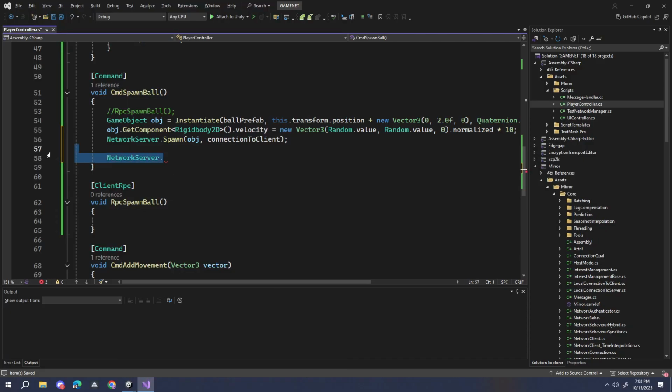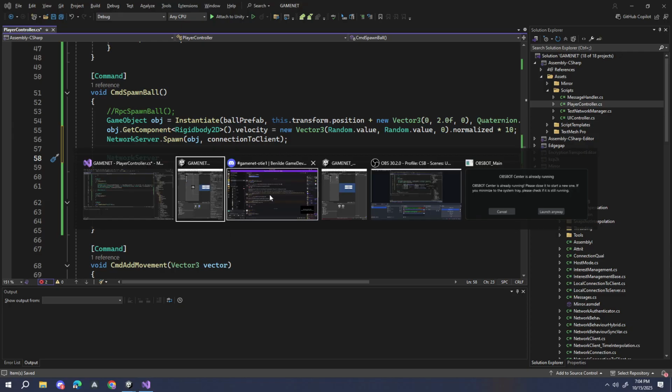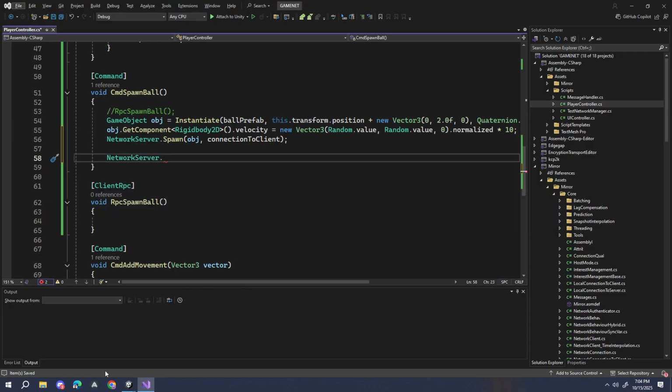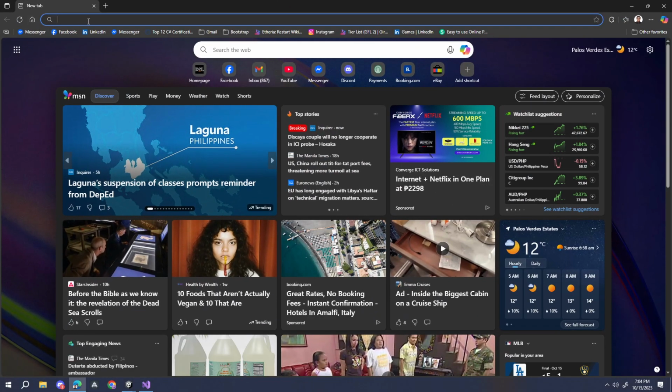But anyway, there is also a way in case you have an object that you create dynamically, and you want it to spawn for everyone. There's a way. All you have to do is register it first, and then you can spawn it. Now, the code for that, though, if we go to this one,